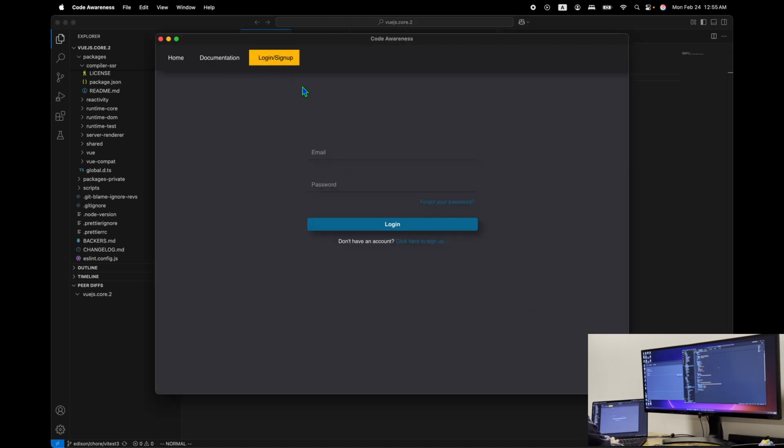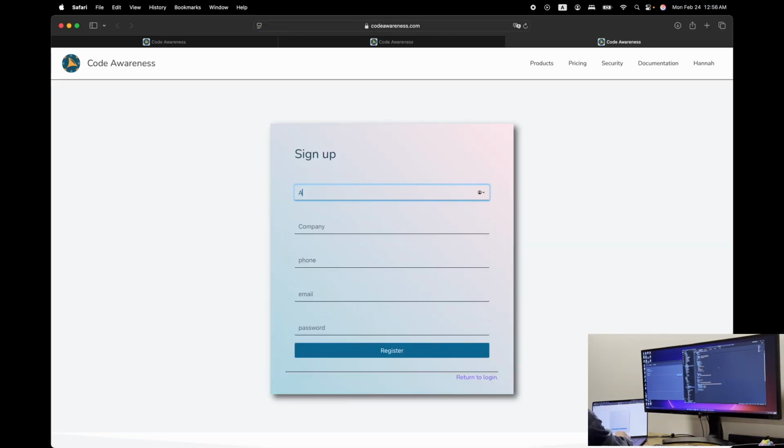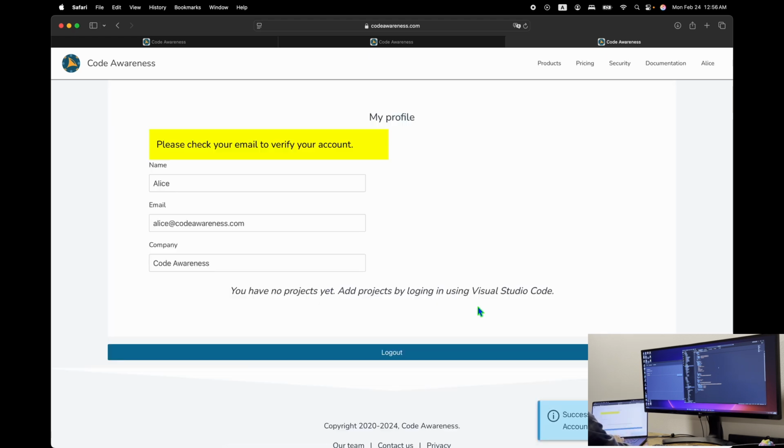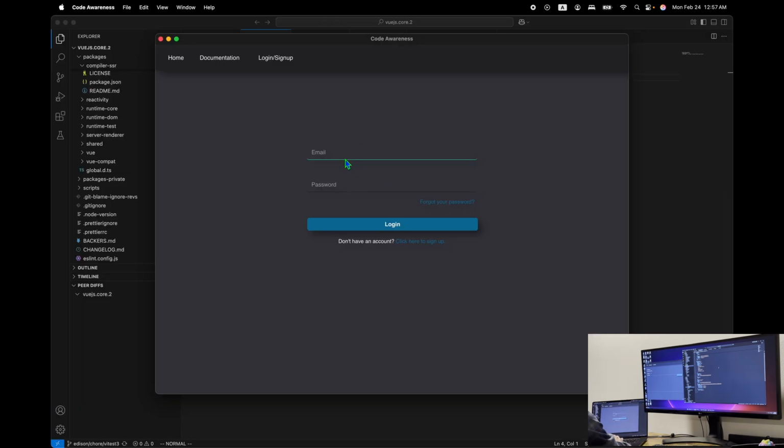So I'm going to sign up. Let's call it Adam. Code awareness. Actually, Alice, right? Alice, Bob, and Charlie. Codeawareness.com. Okay, and I'll activate Alice as well. I did, and now log in,